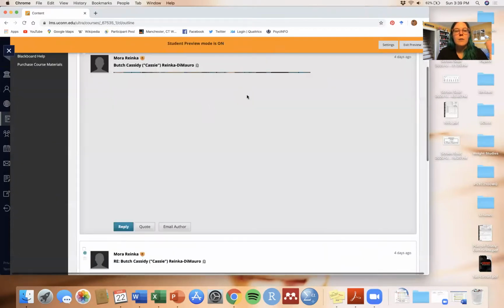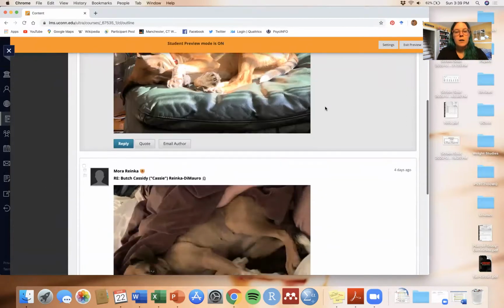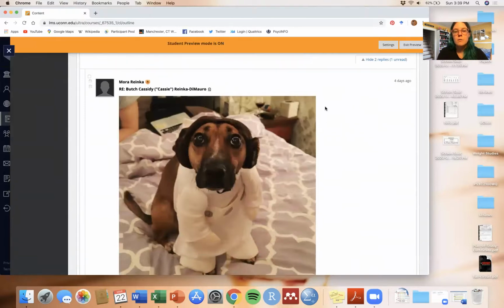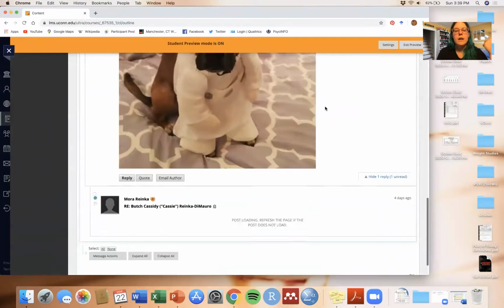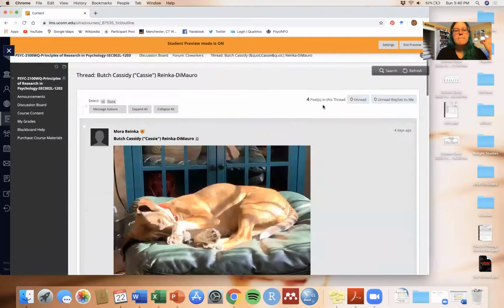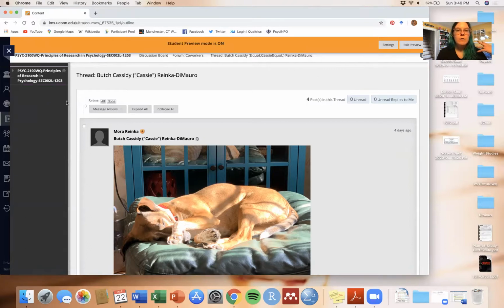So I of course have put a whole thread of my dopey dog looking dumb. Here she is in a Princess Leia costume, which she was clearly thrilled about. And this is of course my best wedding shot ever. So anyways, feel free just to post lighter things on here. It's really just supposed to be a more fun place for us to go when we need a little de-stressing. Okay, so all of that is the rundown of changes.